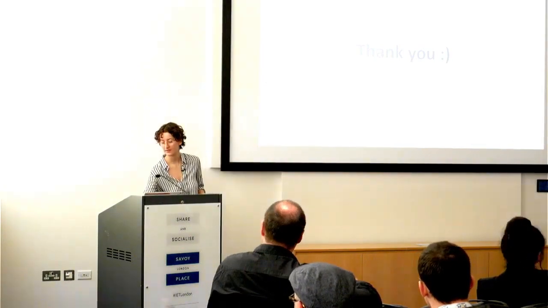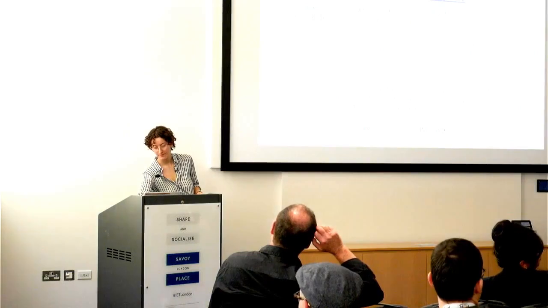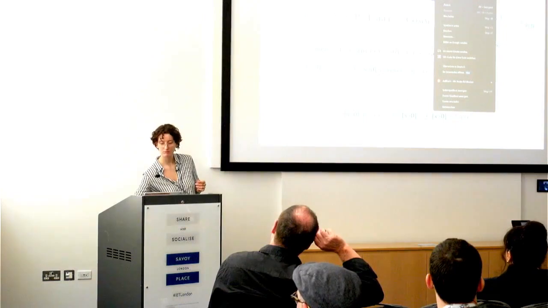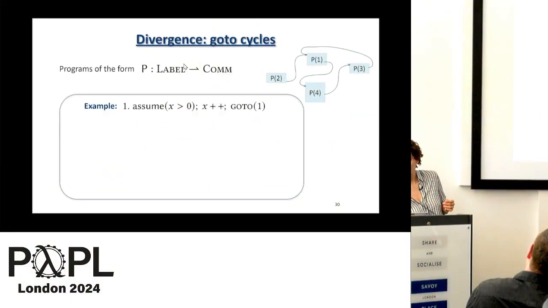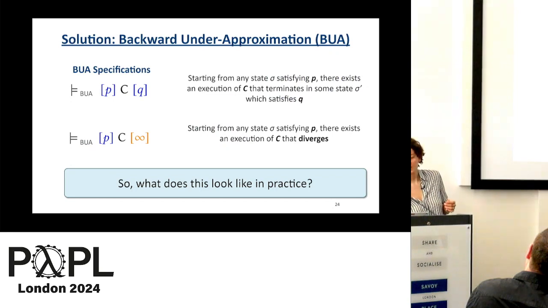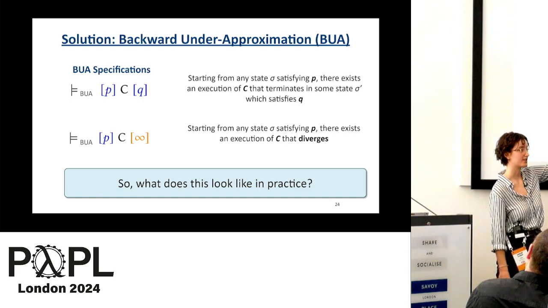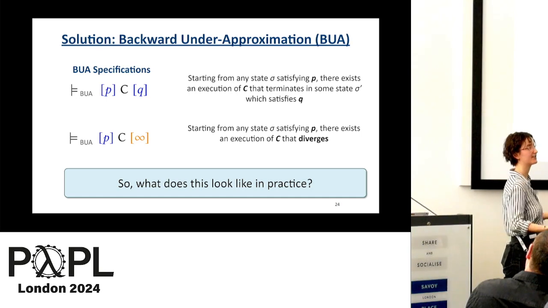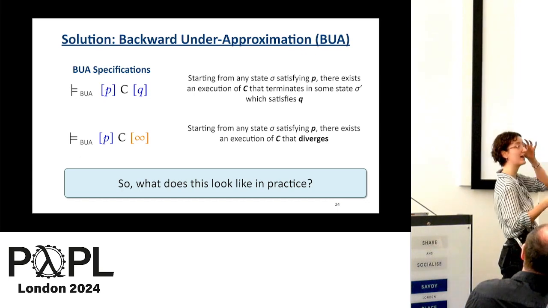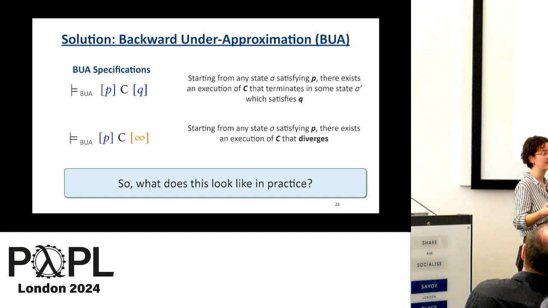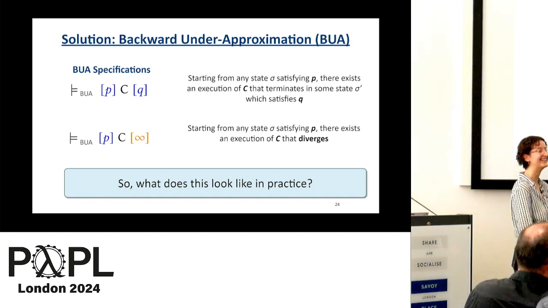Because we are in backward over-approximation. So what our triples mean is, oh, 1 second. So we say we're starting in the precondition. There exists an execution C that leads to the postcondition, but if we have an execution that leads to the postcondition x is greater than 1, we also have traces that lead to the postcondition x is greater than 0, right? Because, as Flavio talked about, we have the forward consequence rule in this logic, so that's why it still holds. And I have a second question, if you allow me.